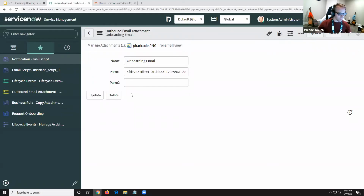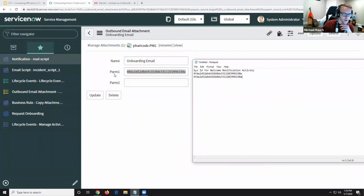Maybe you might want to add another field for the use case that you might have, but it's extremely scalable and super easy to understand, especially if you already understand the events table and how all those events work. And again, just so we can look, I copied that sys ID over, and we can see here that the sys IDs match. So this param1 is going to hold the sys ID of the lifecycle events notification activity. So this is going to hold that record so that we know what is actually calling that event and what's triggering that event, so that we can use that later when we're actually injecting the attachment